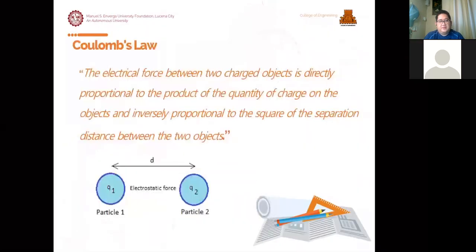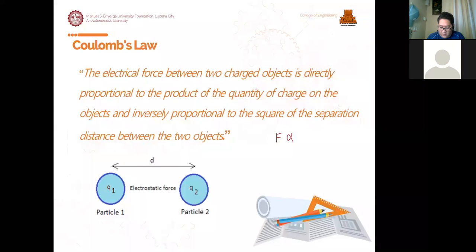So, let's now introduce yung tatawag nating Coulomb's law. So, sinasabi lang nung law na to na yung electrical force between two charged objects daw is directly proportional sa product nung quantity ng charge ng object and inversely proportional dun sa square ng separation distance between two objects. So, ibig sabihin lang niya, kung gusto natin makuha yung electrical force, sabihin natin F, makukuha daw natin siya by getting siya ay